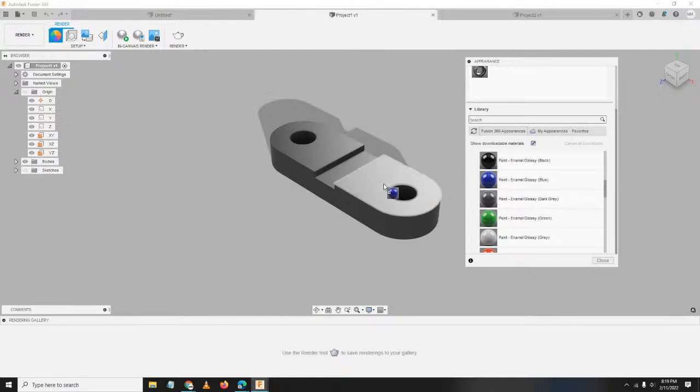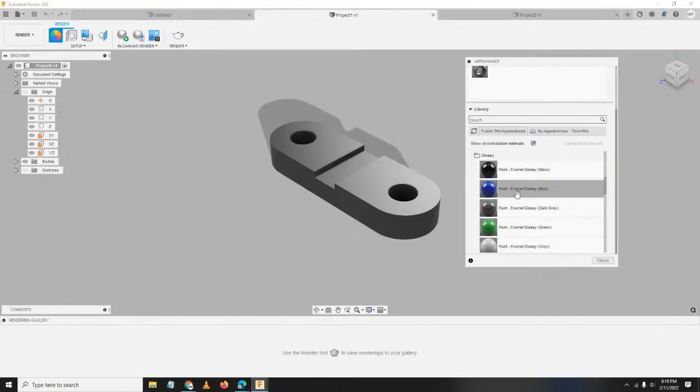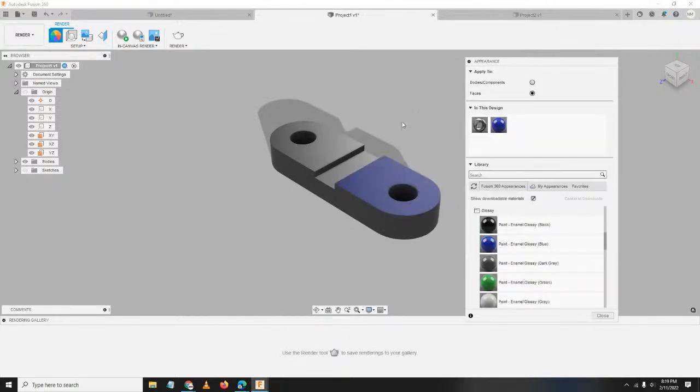Ngayon kasi naka-apply ko siya sa faces. Per face siya mag-a-apply. For example, itong blue, apply ko siya dito. Ayan na siya. Aakyat din siya dito, aakyat din siya dyan. Lahat ng design na ginamit, lahat ng materials na ginamit nyo is nandito siya. Kung gusto nyo naman na isang color lang, pwede.